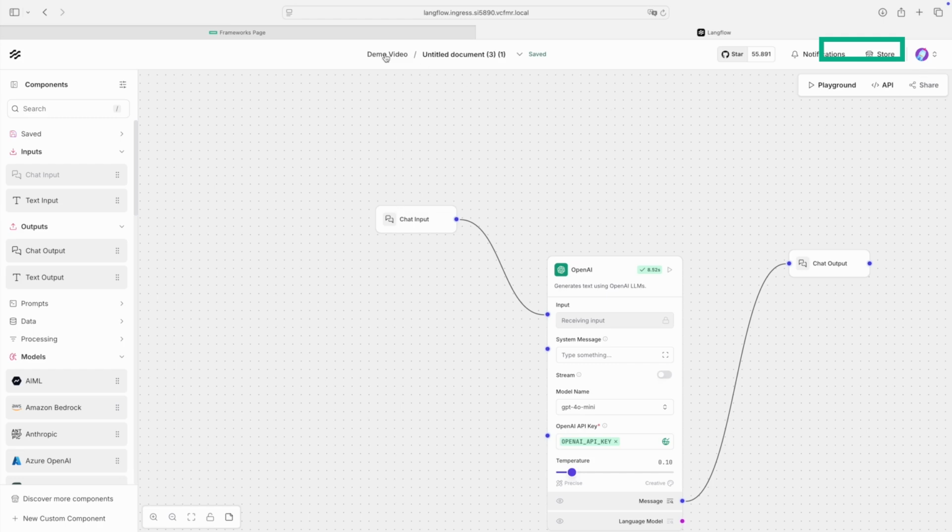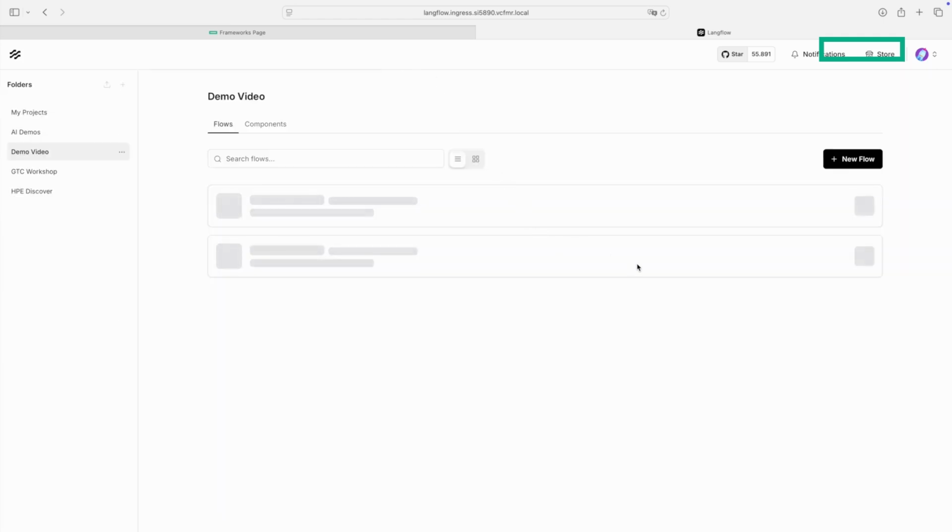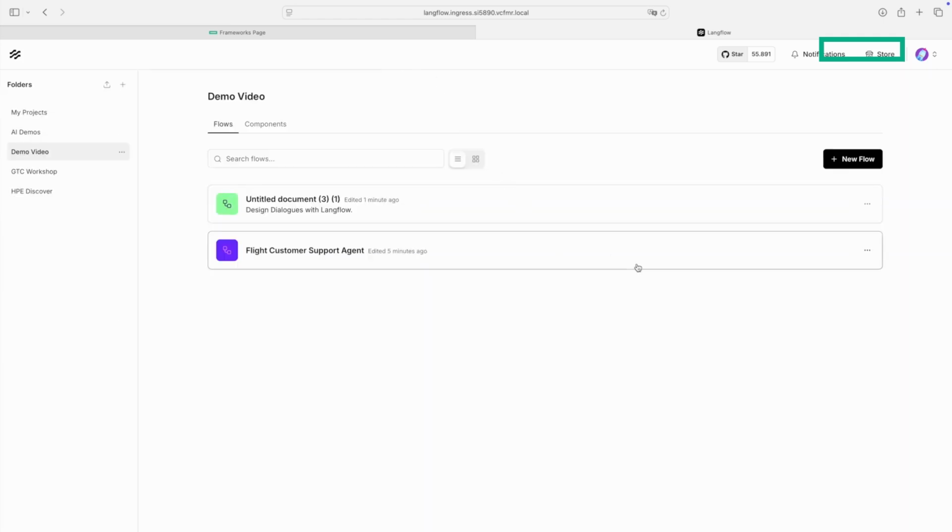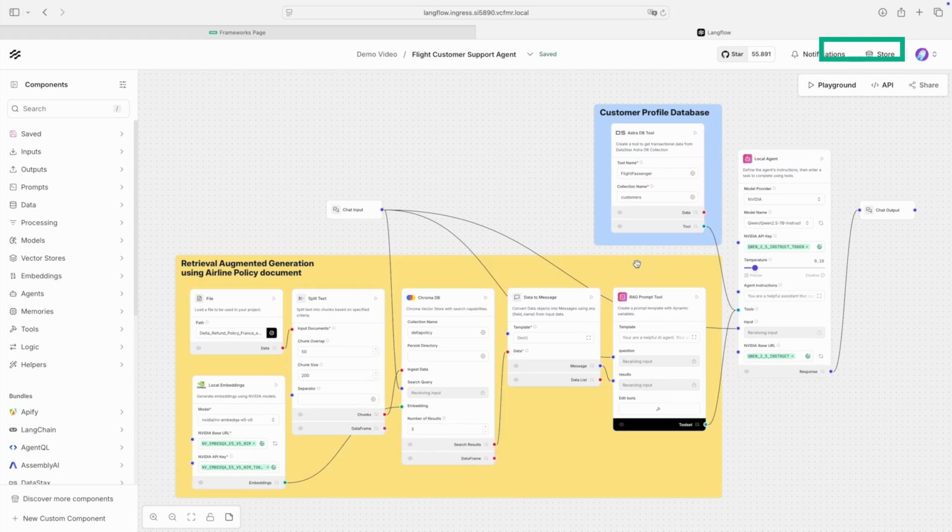So, let's take a look at a more complex workflow where we have added a retrieval augmented generation, or RAG, component and a customer database. On the bottom, you can see the part of the workflow for implementing the RAG component. It takes the airline policy documents and makes it available to the LLM to query. On the top, you can see the customer database that contains customer-specific flight information. Both of these tools are connected to the LLM agent, which is able to use both of them to answer